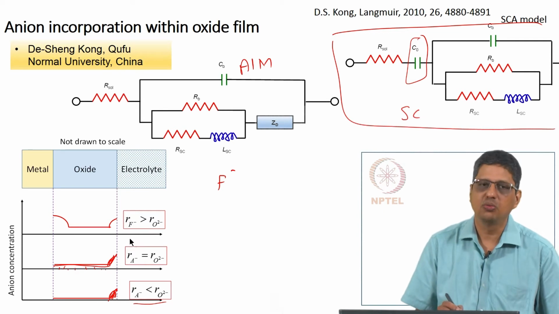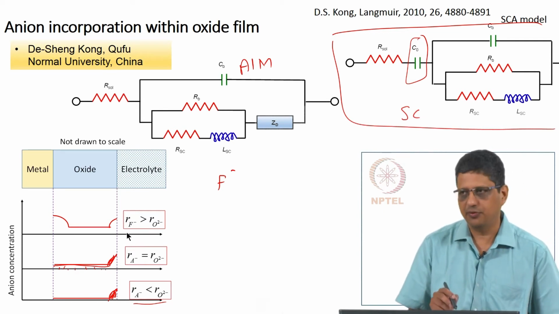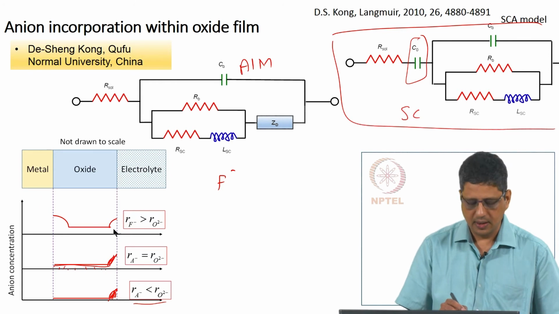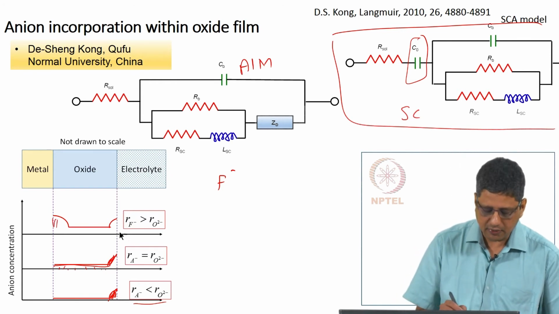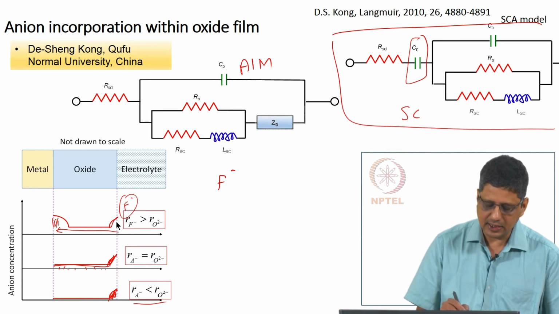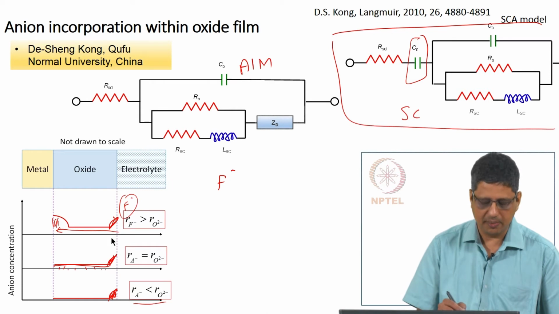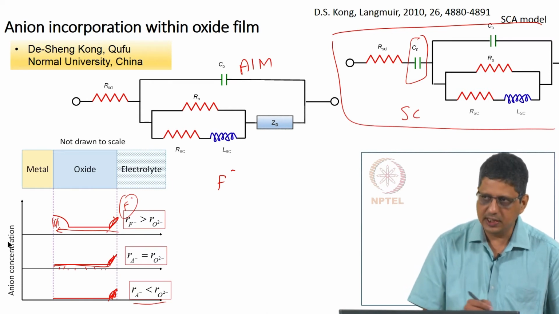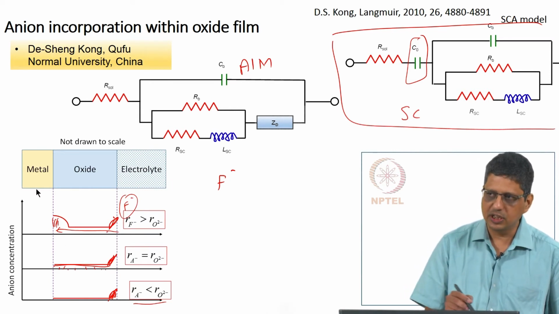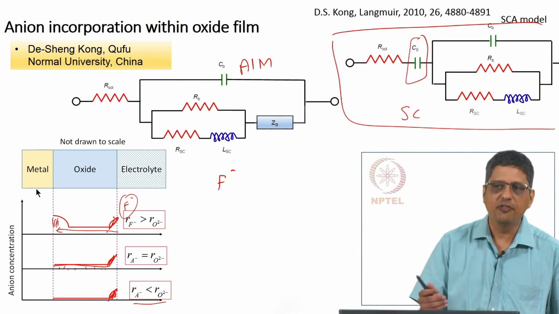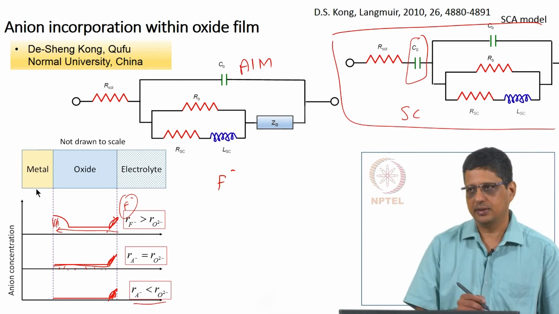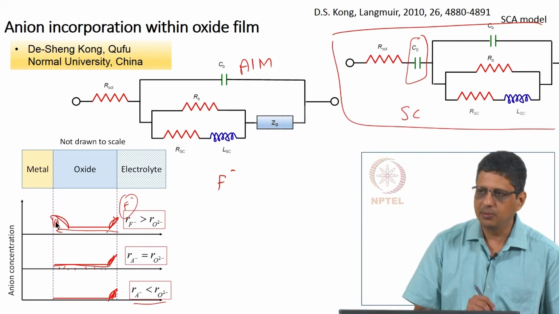In case the anion movement is faster than the movement of the oxide ion, they expect that it will move in and accumulate here, because the anion, fluoride ion, may be present to a large level here. You will still see a slope here, to say the concentration will be a little higher near the interface and lower here. But then it preferentially moves in this direction, because we have applied a positive potential, the negative ion will move and it will move faster than oxide ions. So, it causes an accumulation.